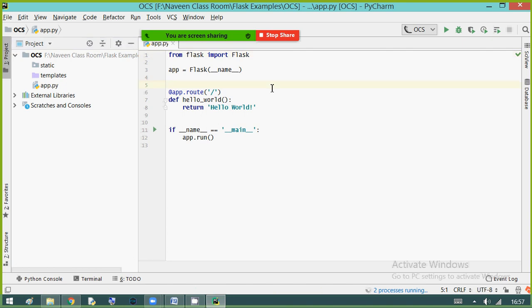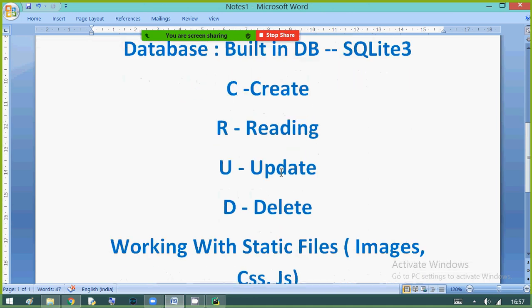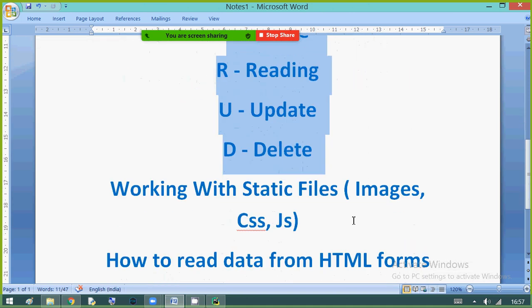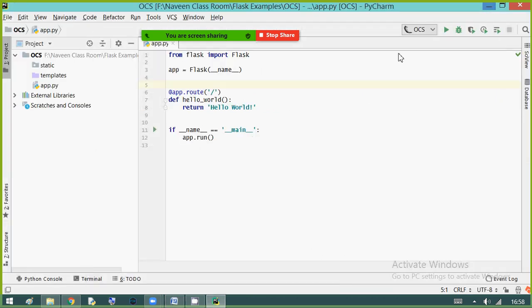First we'll design the common page. As I told you in the previous video, we are going to cover these topics, as well as I am going to tell you about HTML inheritance. Yes, you can call it HTML inheritance. We are going to design one common HTML page which will be used in admin as well as student pages. So first let me design a template.